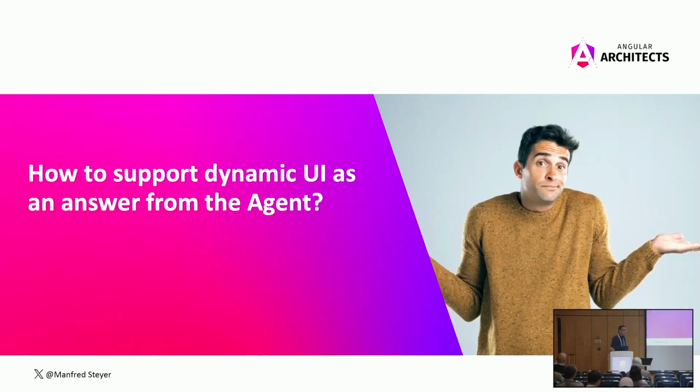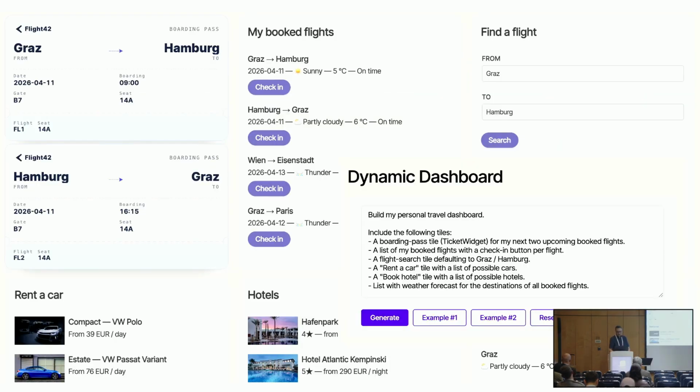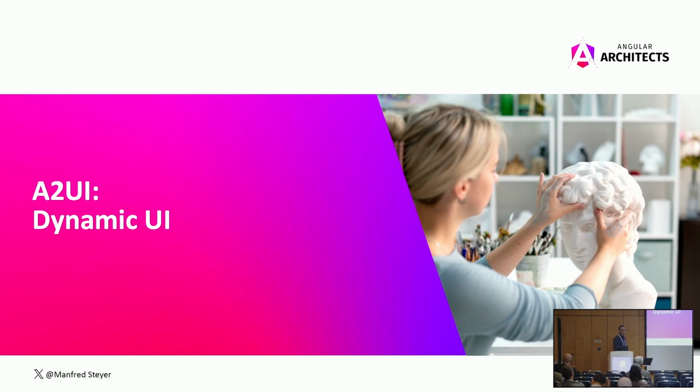Once we have implemented something like this, the next question is, well, how can we go dynamic? Dynamic, not just selecting a component, but constructing everything on the server side in the LLM. For instance, like in the dashboard I have shown you before. Just a bunch of information, and then we get our dynamic dashboard. Well, this is exactly where A2UI comes in.